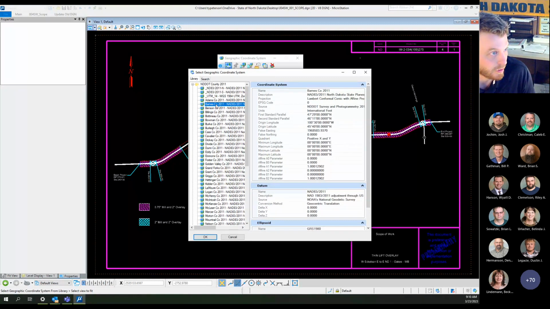This is also useful in OpenRoads and just getting used to this, because if your surveyor is out there shooting stuff and you want to bring in some points that he had out there, this is what you would use. You would pick the county he was working in and work with your surveyor on getting the correct coordinate system. So